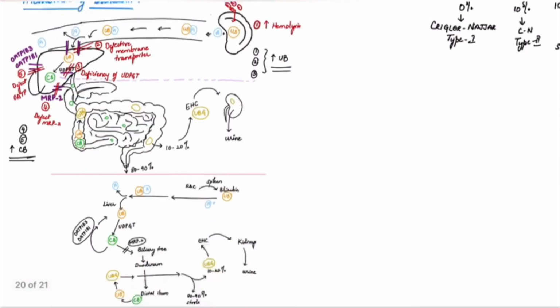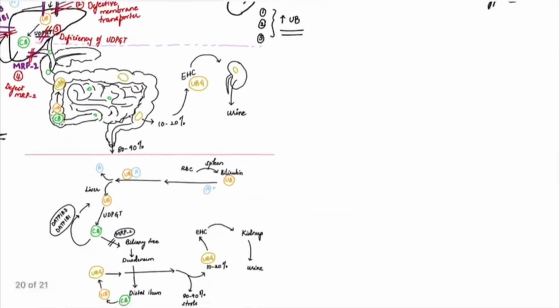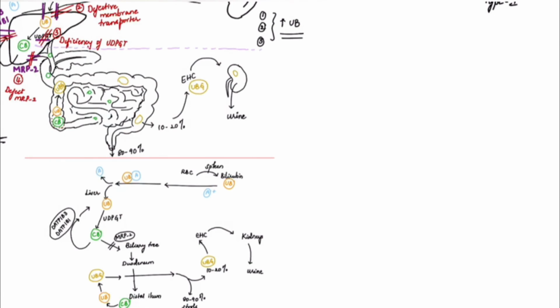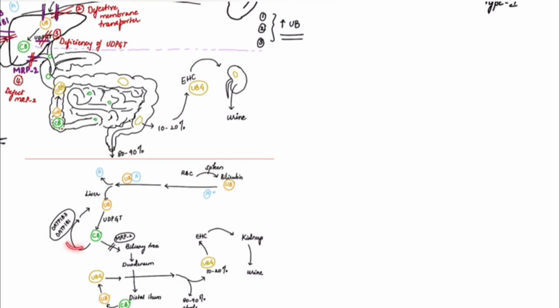Next, the metabolism of bilirubin. First, we'll look at the diagram which is below, the line diagram. So, in the spleen, the RBCs are first broken down to release bilirubin, which is unconjugated bilirubin. This unconjugated bilirubin binds to albumin and then it reaches the liver. In the liver, the unconjugated bilirubin is converted to conjugated bilirubin by UDP glucuronosyltransferase. This conjugated bilirubin is then excreted into the biliary tree with the help of multidrug resistant protein 2, and a little amount will also be reuptaken back into the liver with the help of organic anion transporter proteins.